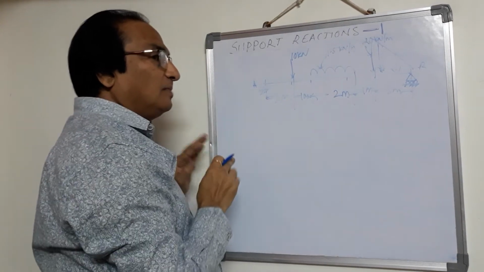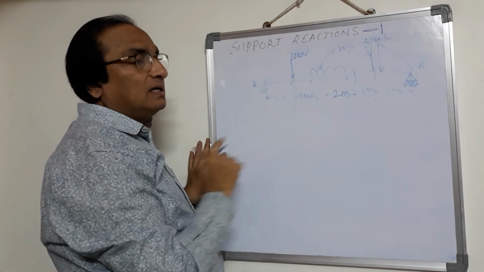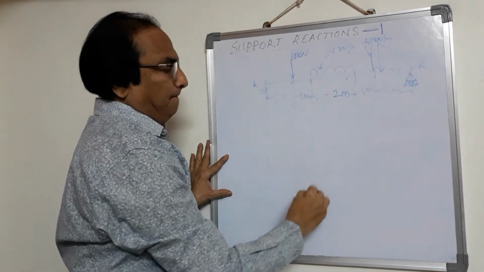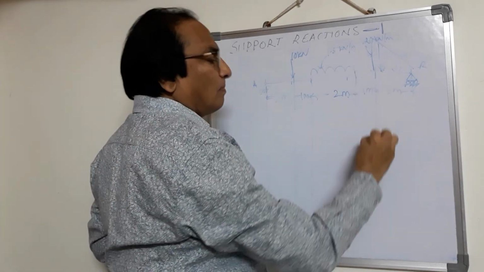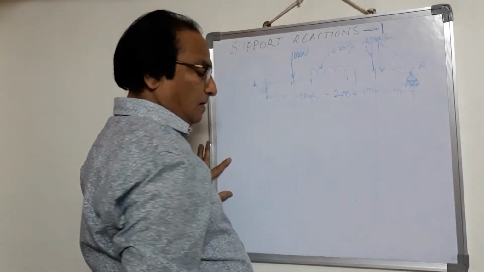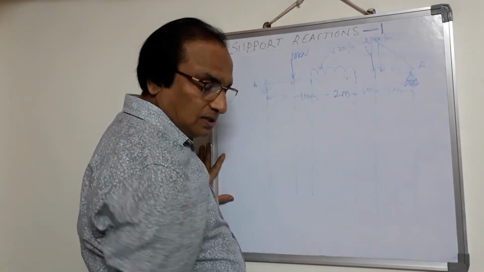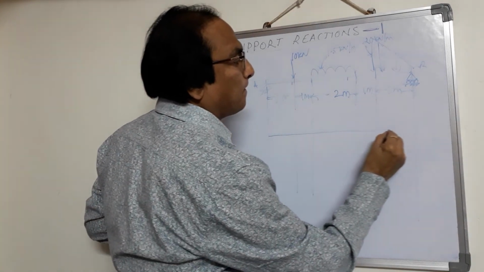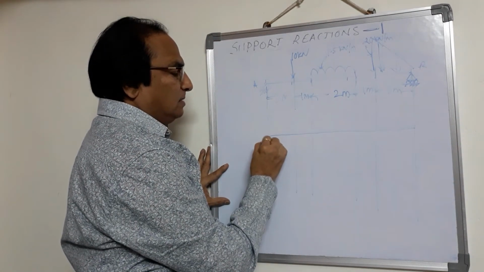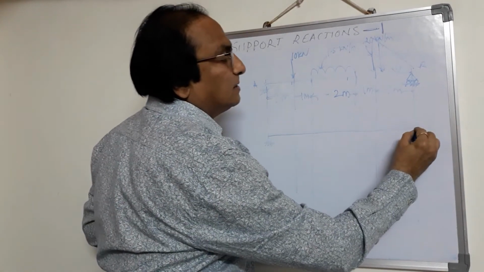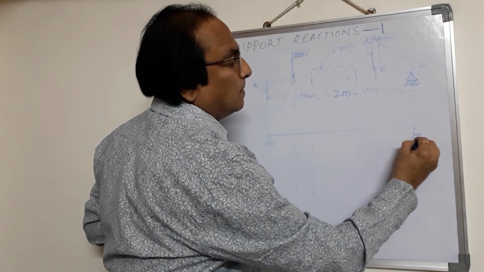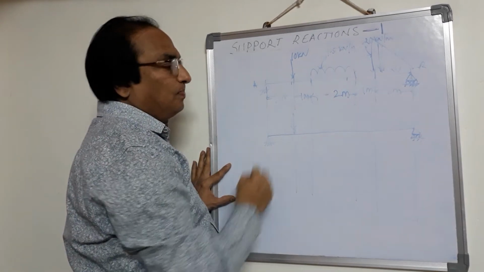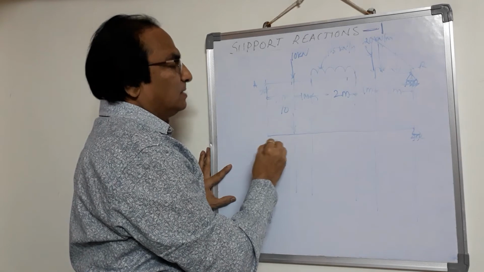So whenever you get such a problem, the first step is we'll simplify the problem in a simple way. So what I'll do is I'll just extend these lines. Now let me draw a simple figure here. This is hinged here and this is roller support here. Now if you see this, there is a 10 kilonewton load acting vertically down. This is 10 and its perpendicular distance is 2 meters.